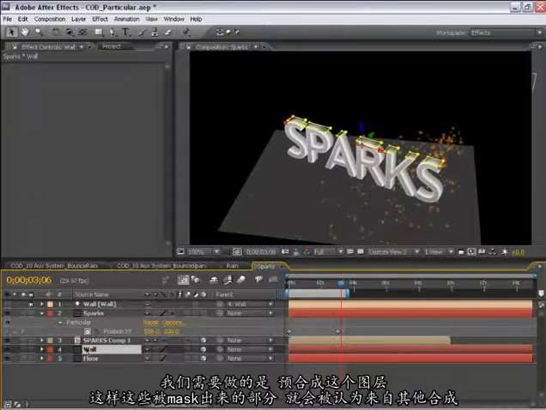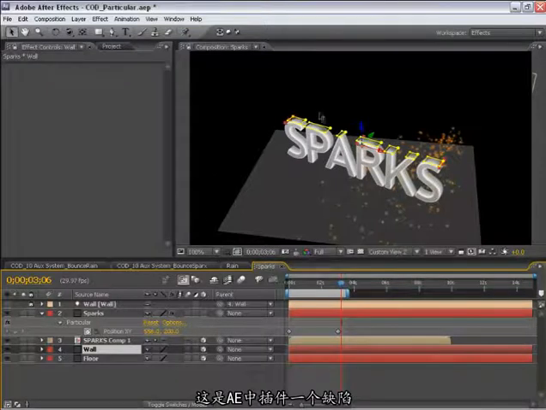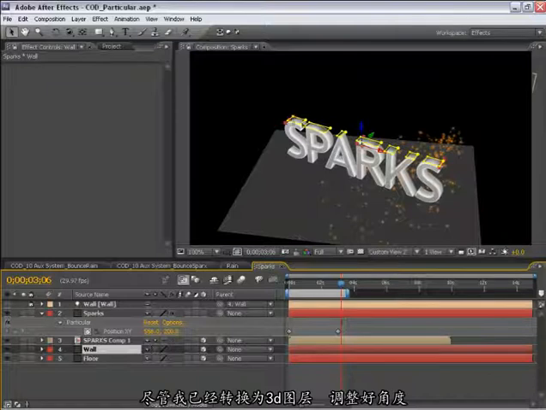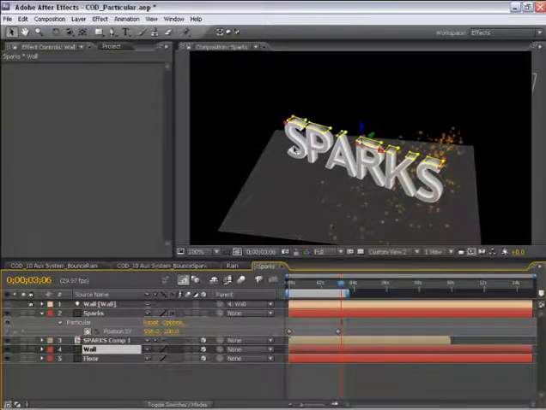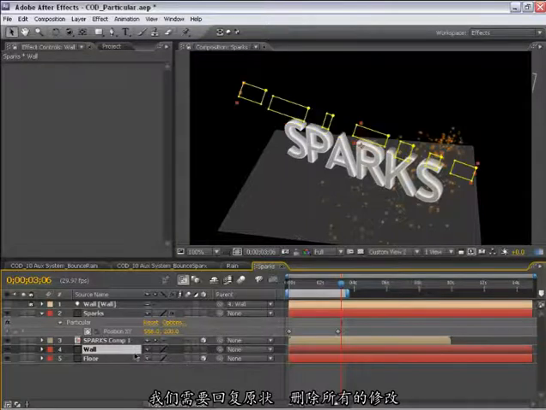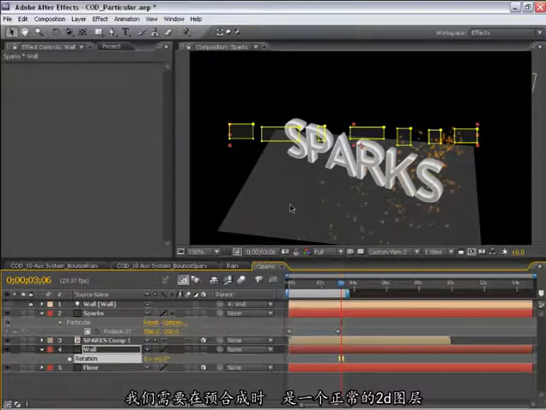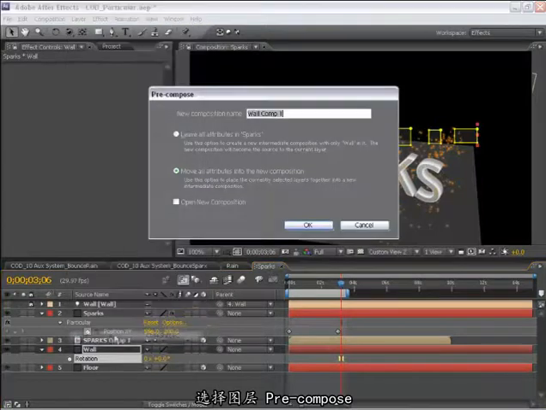So what we need to do is pre-compose this layer into a composition so that this masked solid is inside another comp. It's just kind of a shortcoming of After Effects and how plugins look at other layers. A plugin cannot see this masking, so we need to pre-compose this into another layer. Now, although I've set this up with the proper rotation and made it a 3D layer, we're going to have to backtrack and remove all this stuff because we need this just to be a regular two-dimensional layer when we pre-compose it. I'm going to select this layer, go to pre-compose,